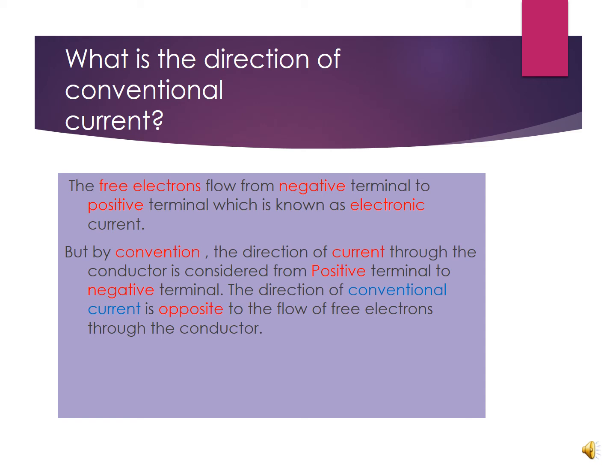Later on, when we got to know the actual reason of current, we did not want to confuse. So the conventional direction of current is from positive to negative, and electronic current is from negative to positive. When we study the electricity chapter, we will deal with the conventional direction of current, which flows from the positive terminal of the battery to the negative terminal of the battery. The conventional direction of current is just the opposite to the electronic current direction.